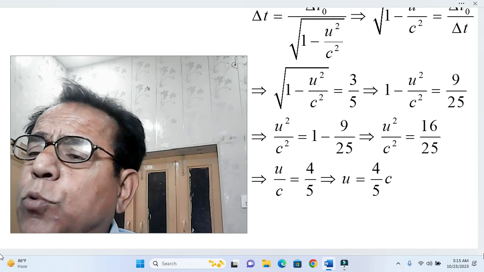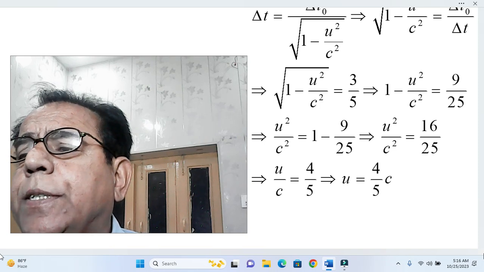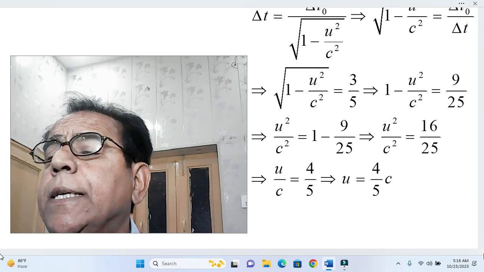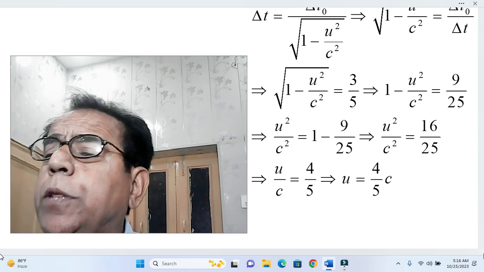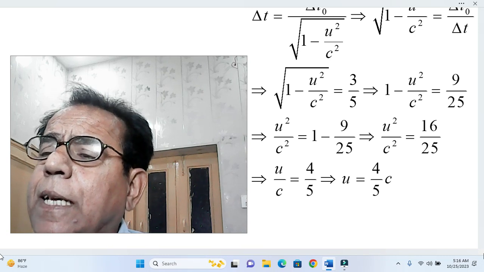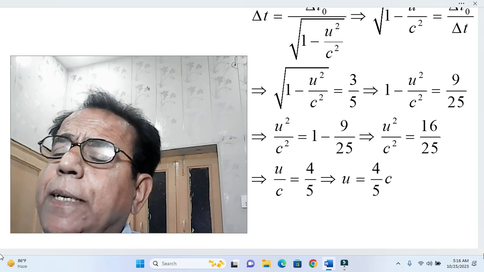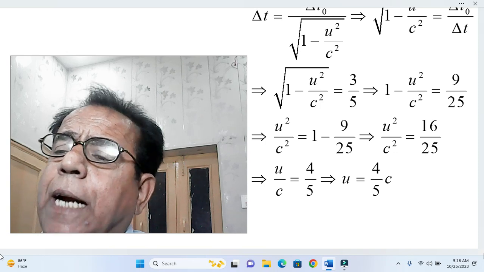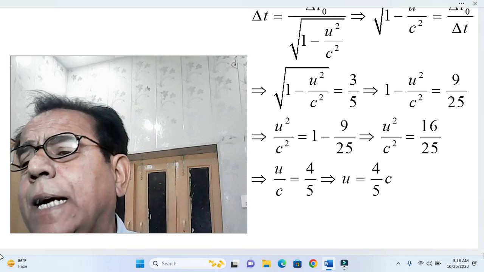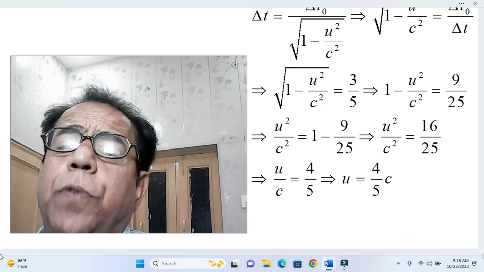We will take LCM 25, and hence 25 minus 9 over 25 equal to 16 over 25. This implies that u square over c square becomes equal to 16 over 25. Both are complete squares. The numerator factor is the square of 4, while the denominator factor is the square of 5. Taking the square root of both sides, we get u over c equal to 4 over 5. This implies that u is equal to 4 by 5 into c, where c is the speed of light, that is